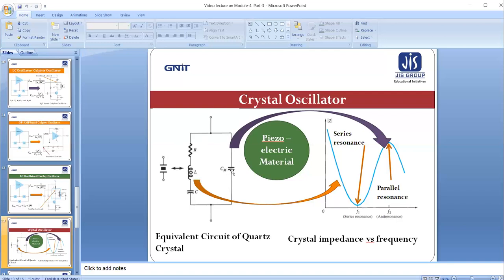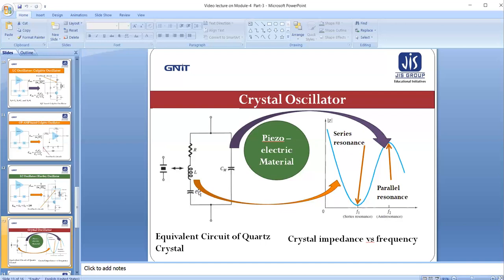This CM is developed due to the mounting condition. When I am mounting this quartz crystal into a circuit, some capacitor will be developed. So this is the mounting capacitor, and the series RLC network is developed due to